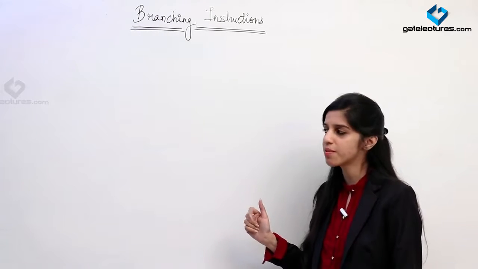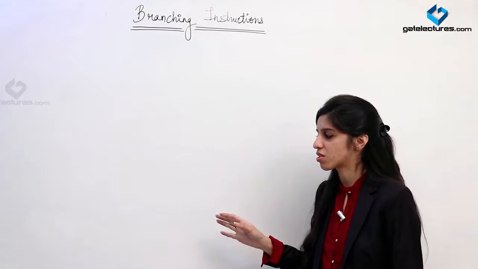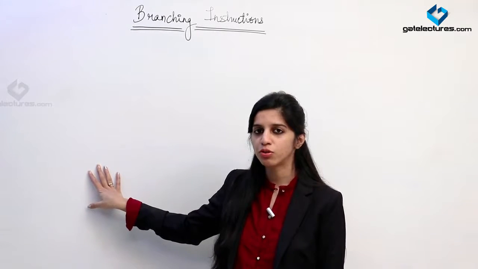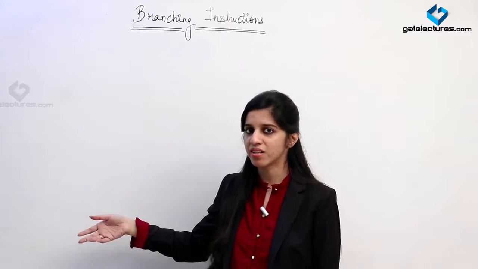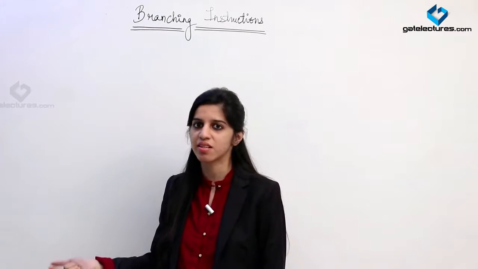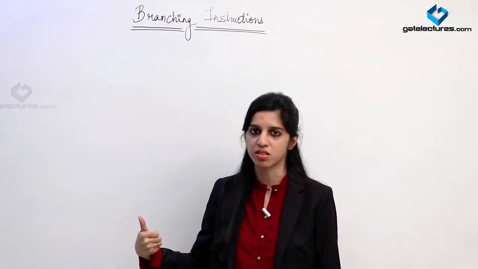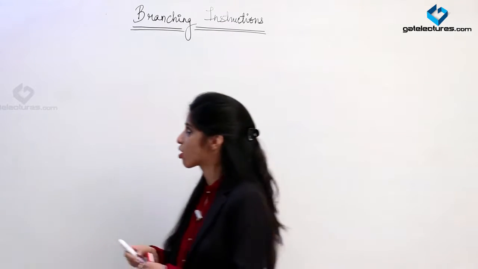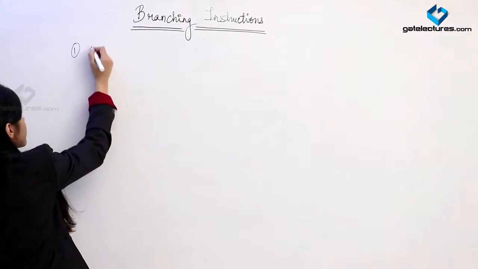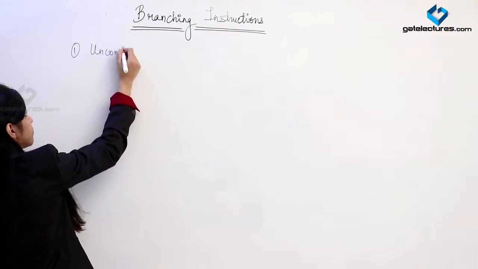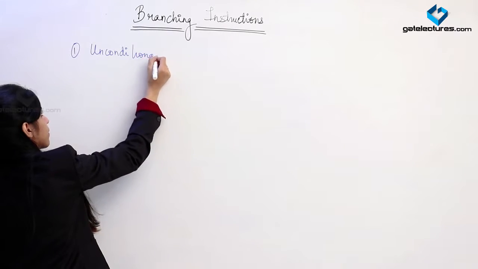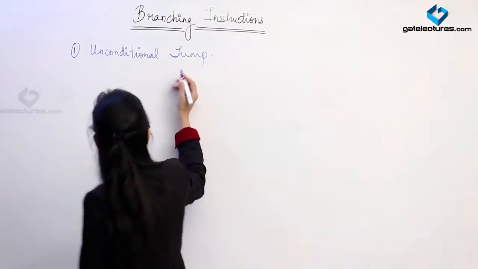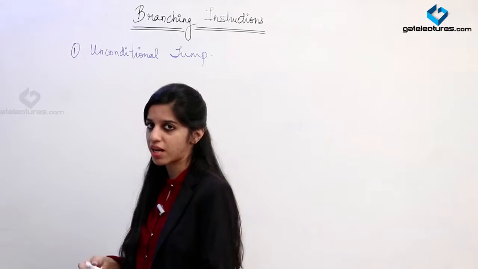What they are going to do is, they are like jump instructions. If you are at a particular address and you want to jump to another address which is not the immediate next address, then we use these jump instructions. We have two types of jump instructions, two types of branching instructions. First is unconditional jump. Unconditional jump. So the instruction that we are using is